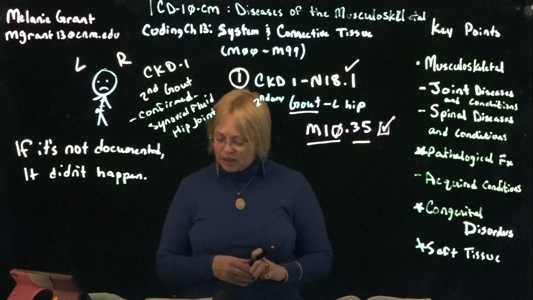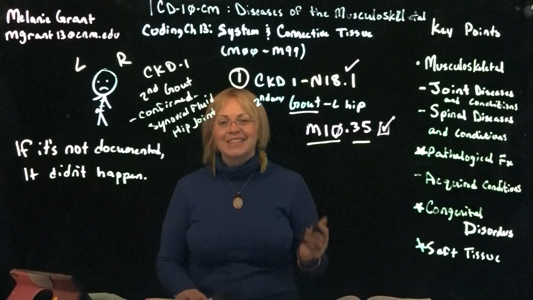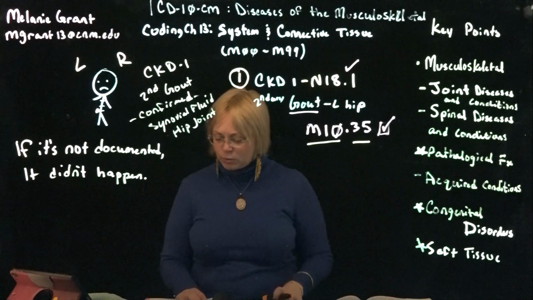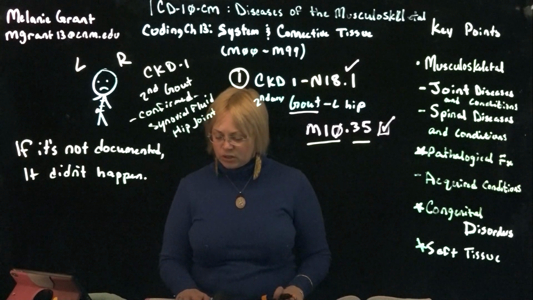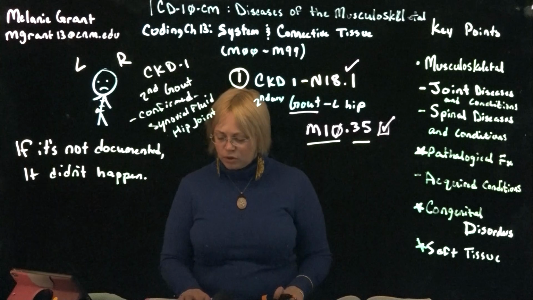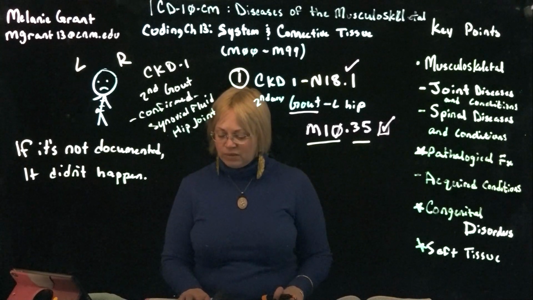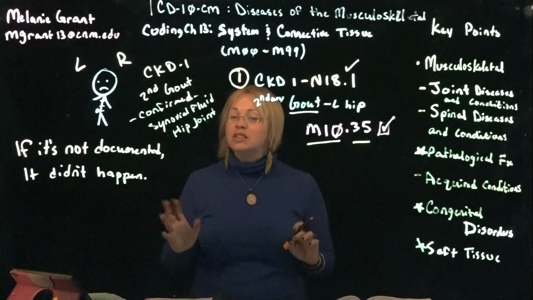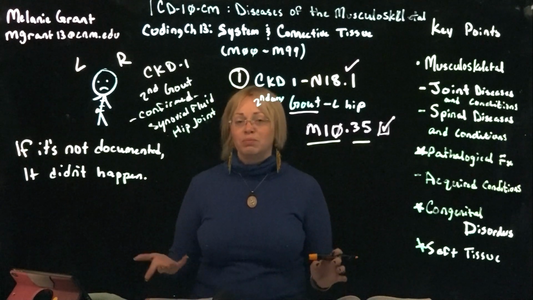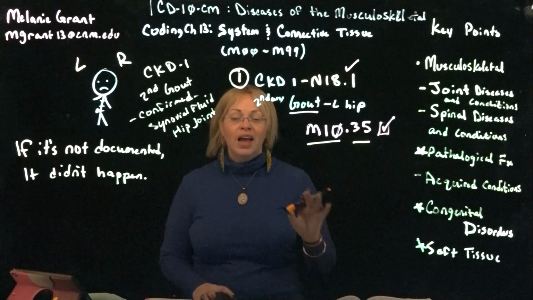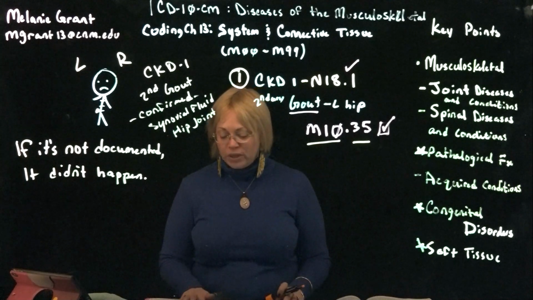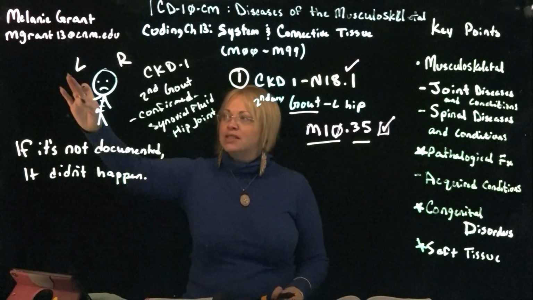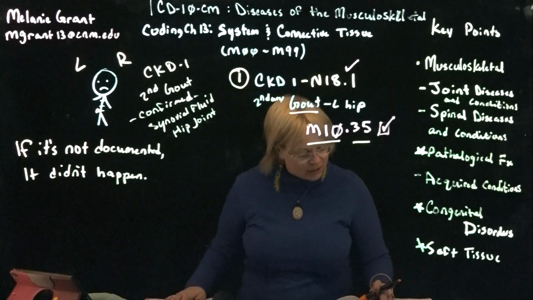Now the difference with M10.35, you'll see, has a 6-digit requirement, and that's what that little check mark was. And we have 3 options. I have M10.351 of the right hip, 352 of the left hip, or 359 of an unspecified hip. So this again falls down to where the provider needs to make sure they've documented the location of the condition that they're treating, and if they don't, we might query, or we could code unspecified, which would not likely get paid. In this case, we know that it's of the left hip, and we can verify that in our documentation